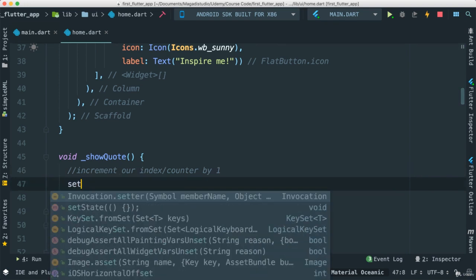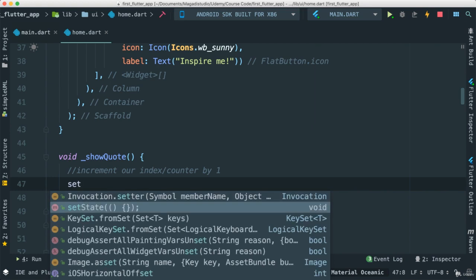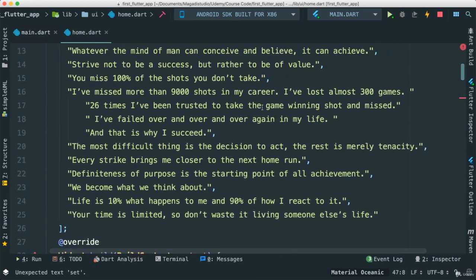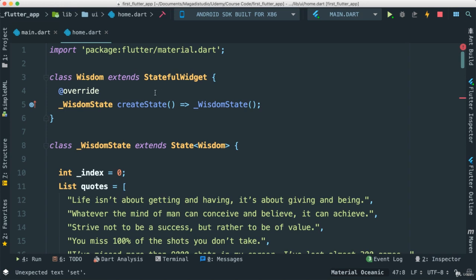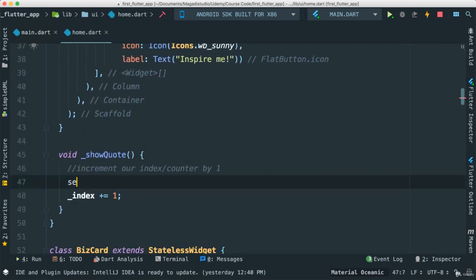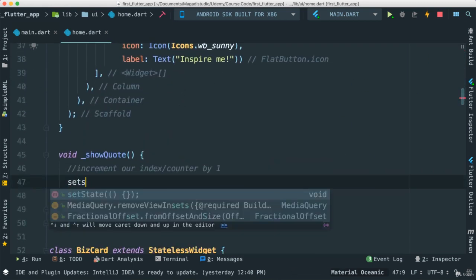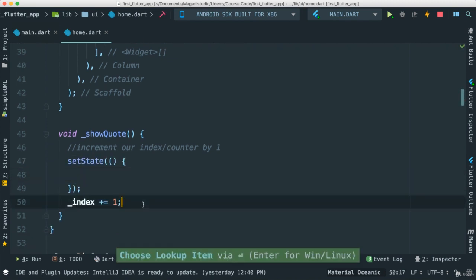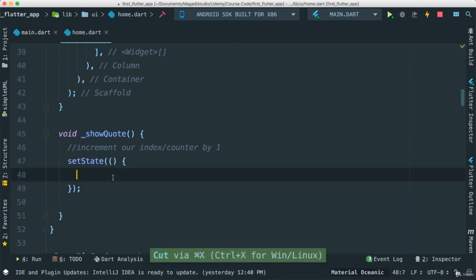If we say setState, notice we have this method available to us. Why is it available to us? It's because we know that we are in a stateful widget, so this framework knows what needs to be done. Whenever you have a stateful widget, you have access to this method called setState, and you can use it anytime you need to. Okay, if I put all of that inside here,